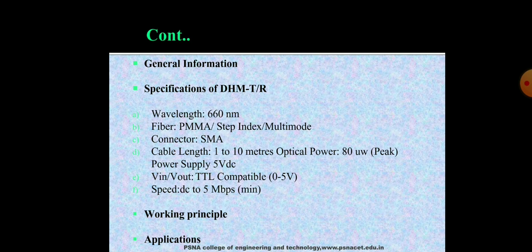And the specification of the DHM transmitter and receiver: operating wavelength of 660 nanometer, fiber PMMA step index or multimode. Connector used here is SMA. Cable length will be 1 to 10 meters. Optical power is 80 microwatt peak. Power supply is 5 volt DC. V in and V out are TTL compatible, 0 to 5 volt, and speed will be DC to 5 megabits